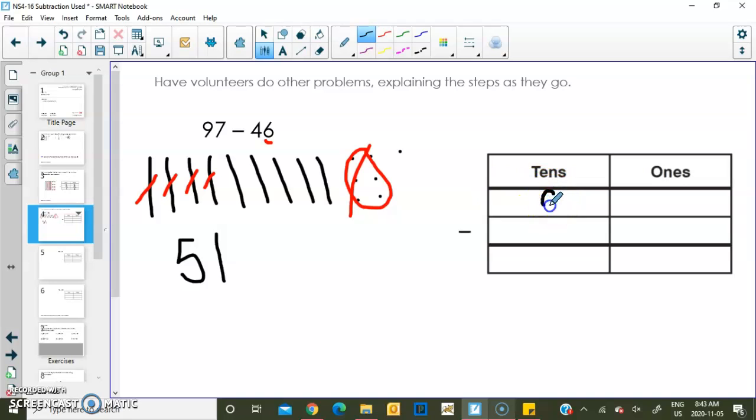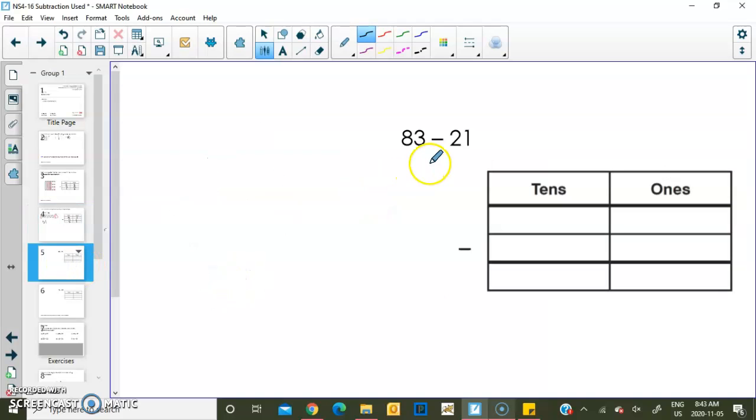Now we can show this using the tens and ones table. So we're going to write 97 and minus or subtract 46. Now 7 ones minus 6 ones equals 1. Good. And 9 tens minus 4 tens equals 5 tens. Very good, grade 4s. All right, now I want you to subtract 83 minus 21, doing the same thing that we just did here,